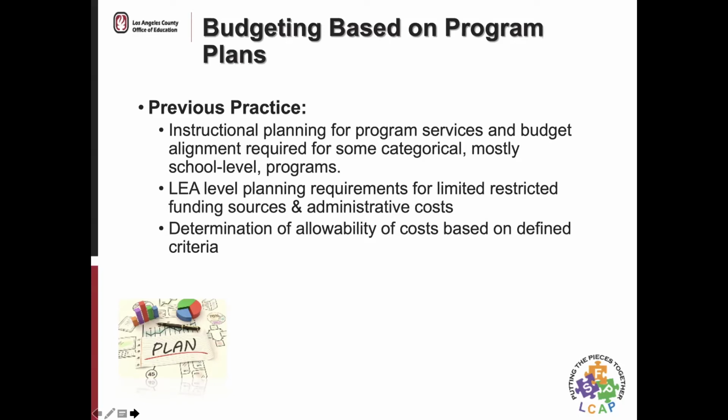Previous practice was that school level, categorical, that's where instructional planning was required. At the LEA level, we had more limited planning requirements. And determination of allowability of cost was previously based on defined criteria,